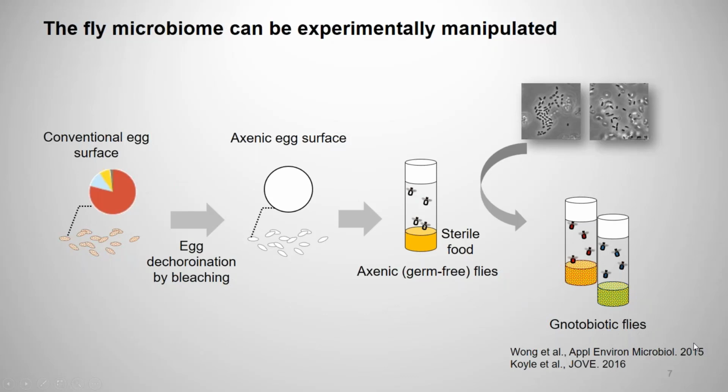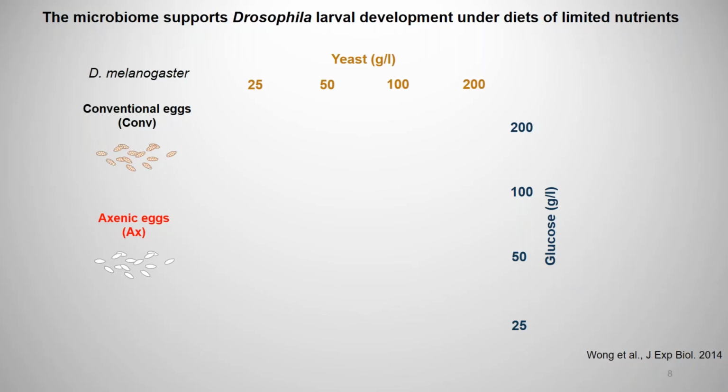And this system is very powerful because we can selectively reassociate certain interactions and study how that affects the fly performance and different phenotypes. To give you one example of a study that was done more than 5 years ago now, we set up this experiment looking at how the microbiome affected the nutrition of the flies